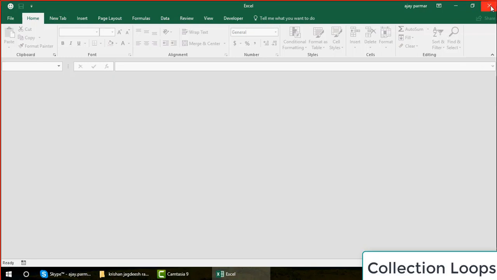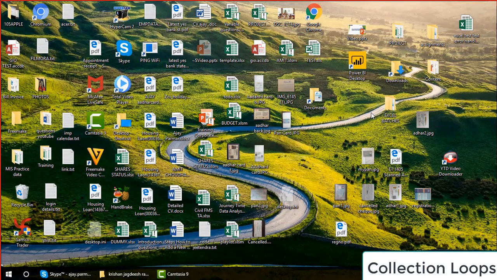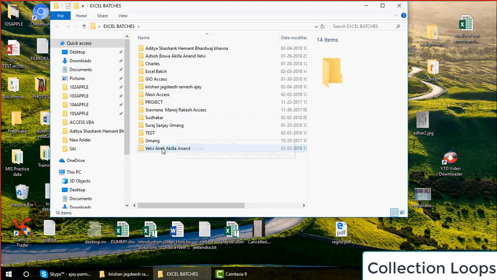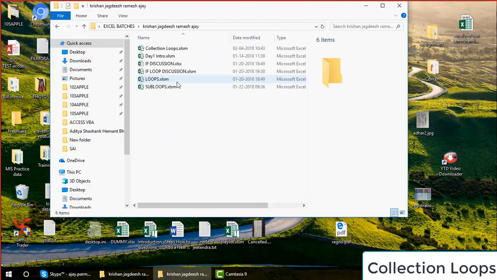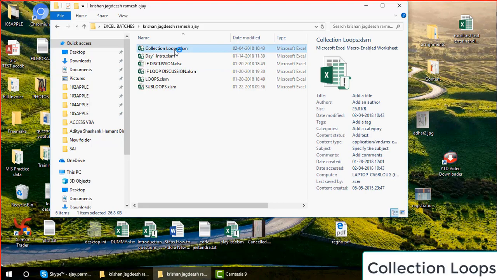Everything is gone, guys. Everything. So Workbooks.Close will actually close everything. Now let me go to the folder and reopen the file.